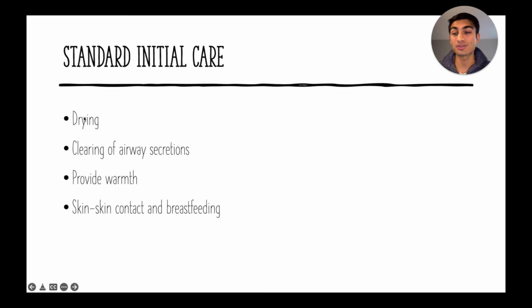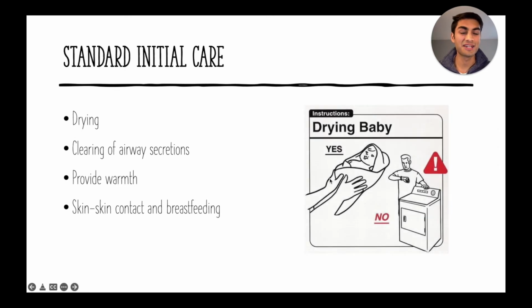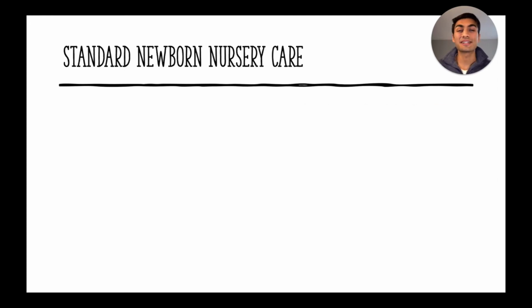The first is drying of the baby, clearing of airway secretions, providing warmth, and skin-to-skin contact and breastfeeding. And just to clarify the drying, this is what we mean by drying, not this. Alright, so after the initial care, the infant is taken to the nursery where some more steps are taken, and